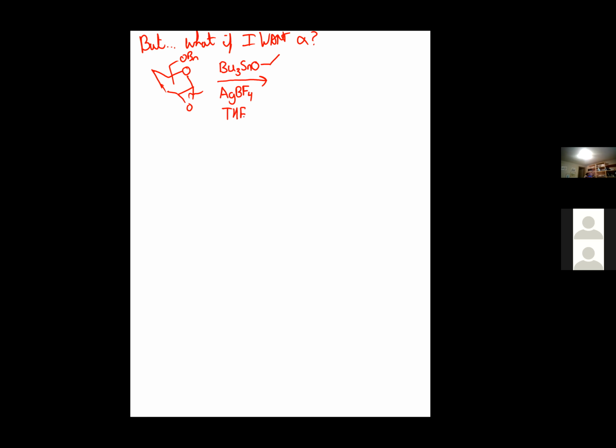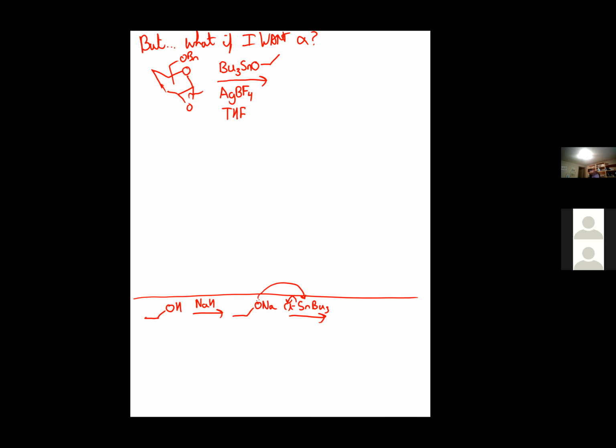Okay, we got a few things going on here. We've got a tin nucleophile, which is great. Little sidebar down here: how do you make a tin nucleophile? You take a normal alcohol, you treat that with sodium hydride. That's good. You treat that with tin chloride. Well, tributyl tin chloride. Tin chloride is something different. And that just does